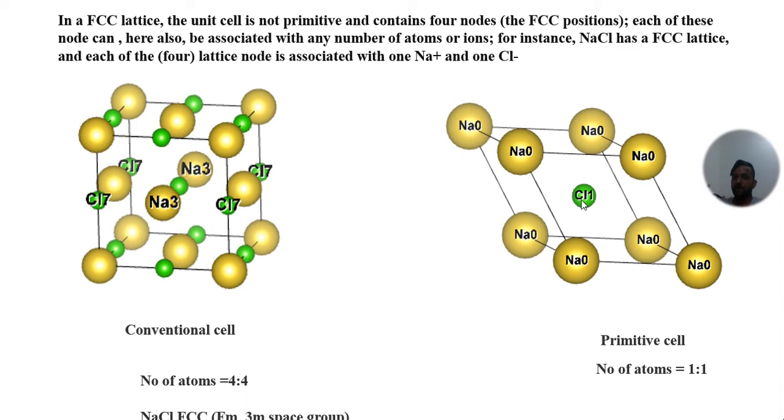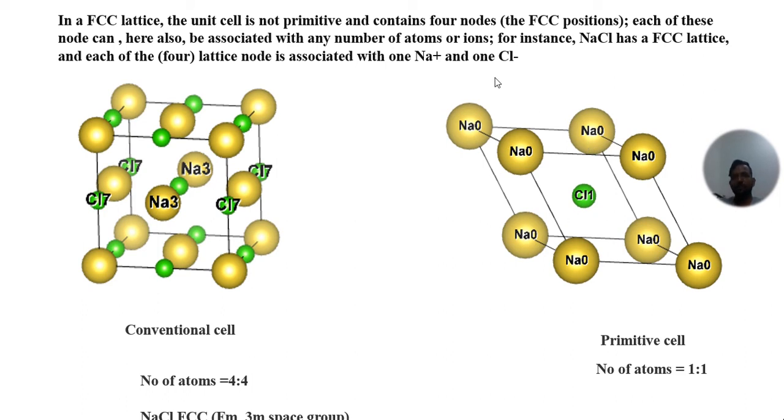So it means that it is possible that if you are dealing with a system which has more than one atom, then you can end up with a primitive unit cell with two atoms. It is possible, and in that case it is actually the number of atoms, not the lattice points. If you consider the lattice points, they are still one, because these 8 sodium atoms occupied the 8 lattice points. So if you see this, this is just one.